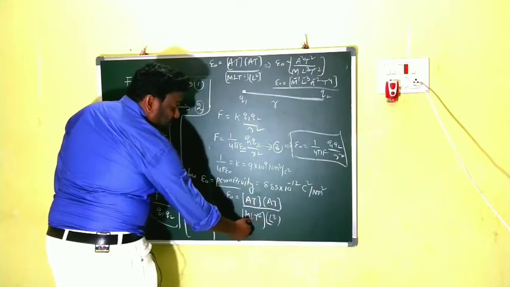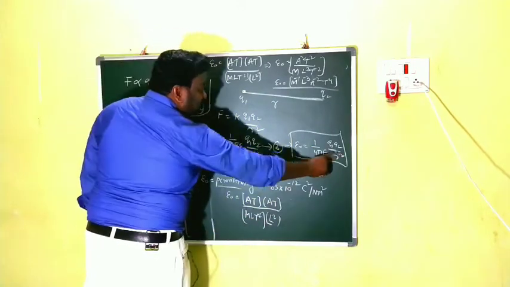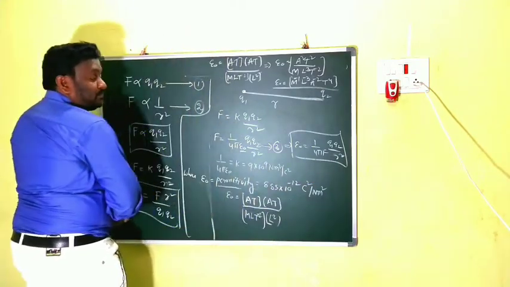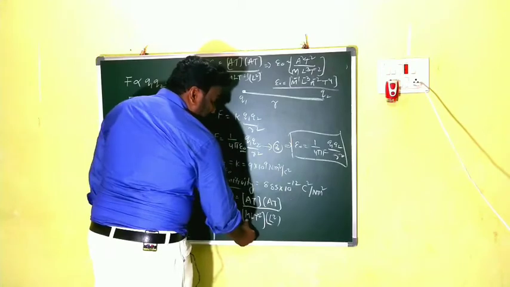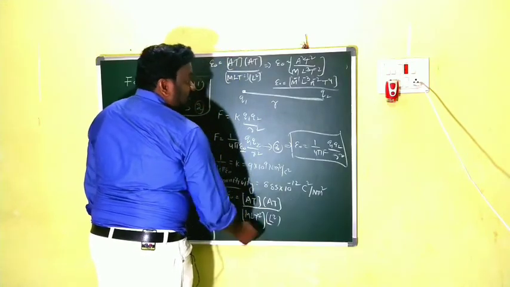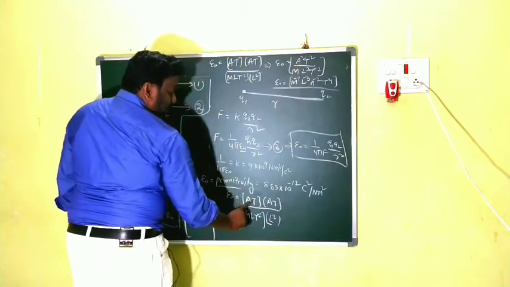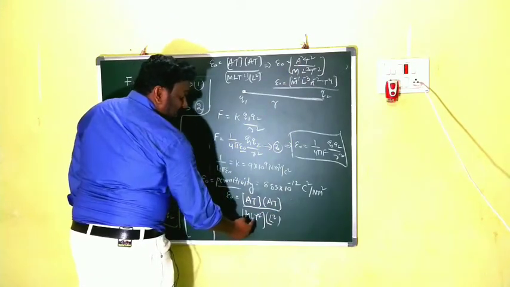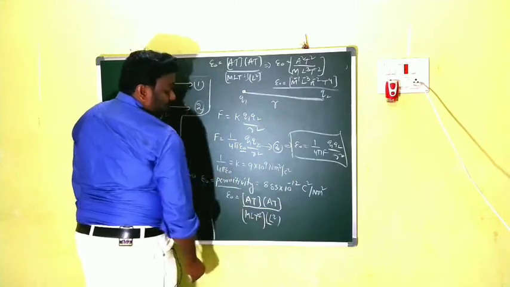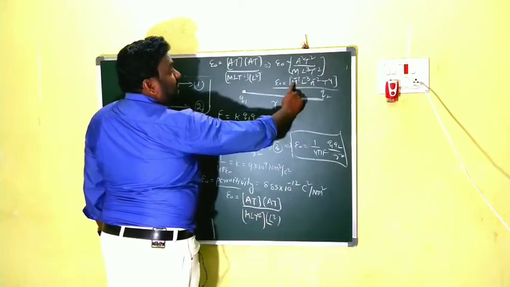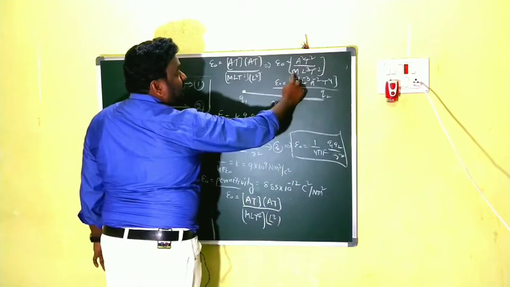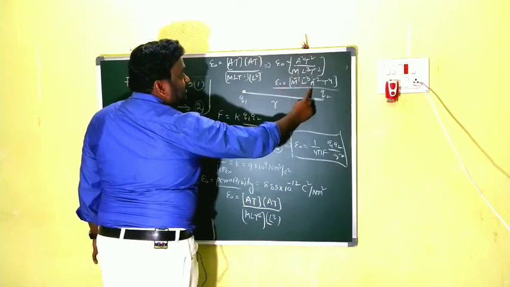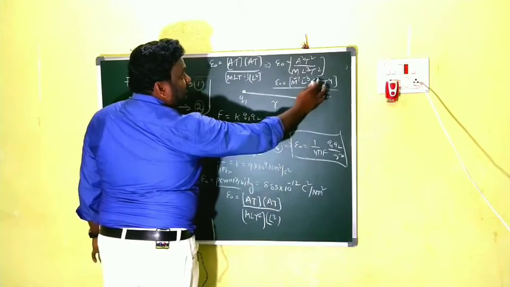And R square. R means L, so here L square. After that, M L T inverse 2 into L square, that means what? Here we are writing A into A square, T into T square. Then M L T inverse 2 into L square. Then what do you get? M inverse 1, when going to the top, M to the power of minus 1, L to the power of minus 3, and here what do you get?